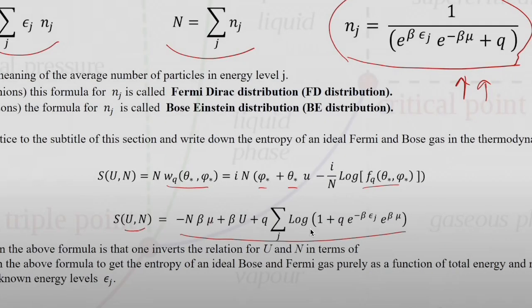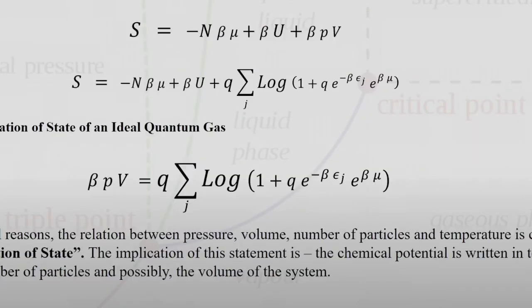This was the expression for beta PV, right? Beta PV was simply, right, I was here. So beta PV was Q sum over I, yeah, you have it right here. Log of 1 plus Q e raised to power minus beta epsilon I e raised to power beta mu. Yes, this is what I was looking for. Okay, so to evaluate this, Q